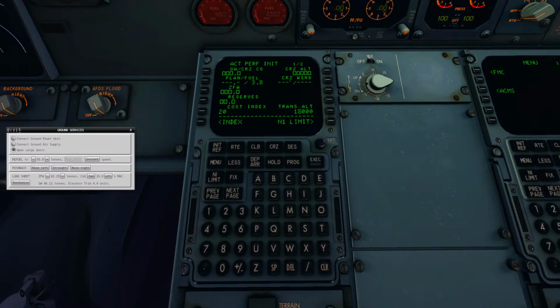Now we have to calculate the reserves. Wait. 2.7 for the reserves. Execute. And if cruising flight level was